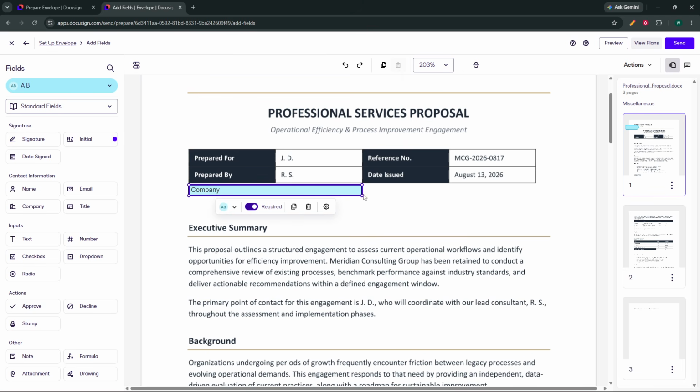Then, return to the Fields panel and select the Title field. This field allows the recipient to enter their job title, which is especially helpful for contracts, approvals, and business forms where role identification matters. Drag the Title field onto the document and place it where you want the recipient's job